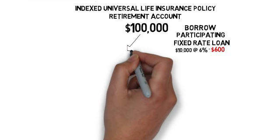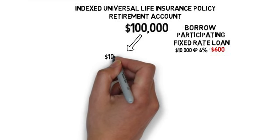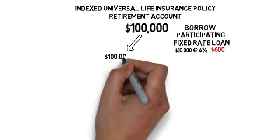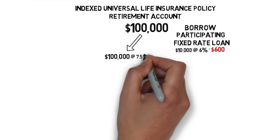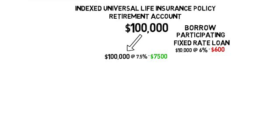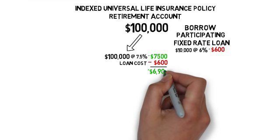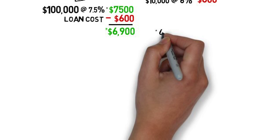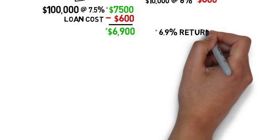Even though you have borrowed $10,000, your entire $100,000 will continue to earn interest within your policy. Historically, IUL policies have had an average return of 7.5%, which would provide you with a $7,500 gain. If you deduct the 6% loan costs of $600 from your $7,500 return, you can see that you would have a $6,900 net return. If you do the math, you can see that even after you pay the loan costs, you still made a calculated 6.9% return on your